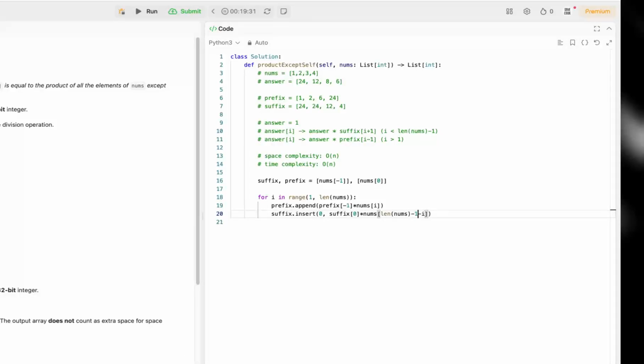Yeah, this way. So let me confirm that this is the right thing that we're doing. So in suffix, we are inserting at the beginning of the array every single time. So we start with 4 because we took the last value here. Then I'm inserting in there nums, length is 4, 4 minus 1 is 3, 3 minus 1 is 2, so 0, 1, 2, 3 is the right value we are taking here. And then we are multiplying it with what we had, that is 4, 4 times 3 is 12, and 12 is the result here. Then we are repeating it until getting to length nums minus 1, in which case